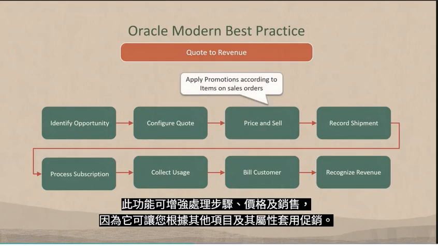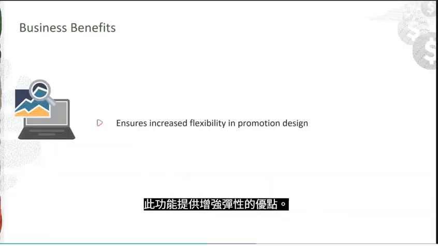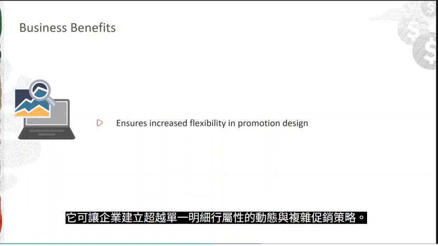This feature enhances the process step, price and sell, as it lets you apply promotions based on other items and their attributes. This feature provides the benefit of flexibility. It allows businesses dynamic strategies that go beyond. Let's talk about an example